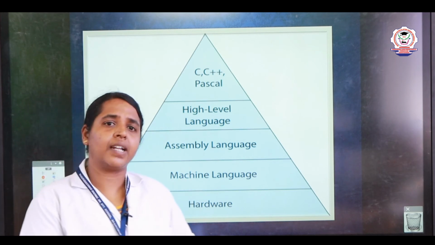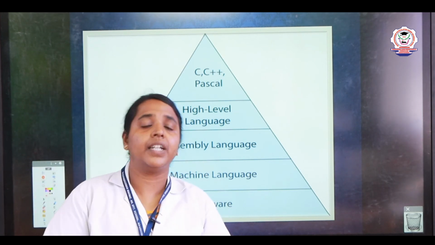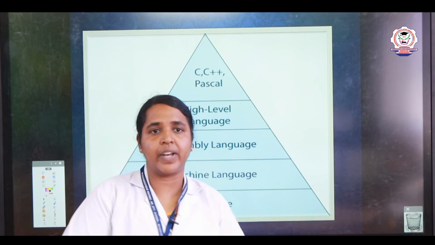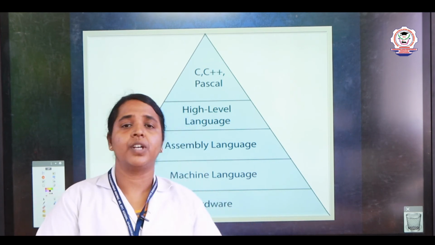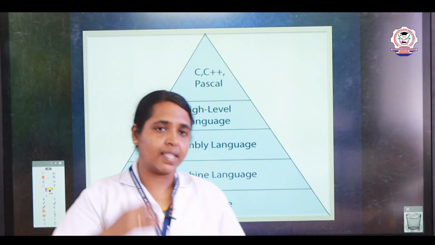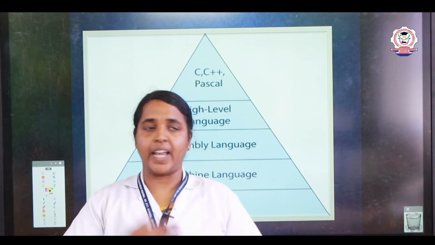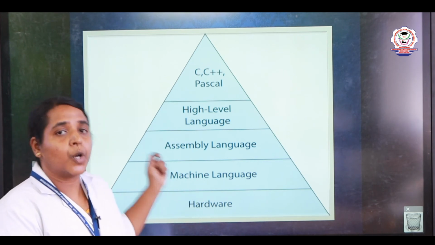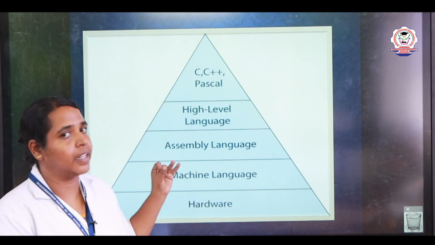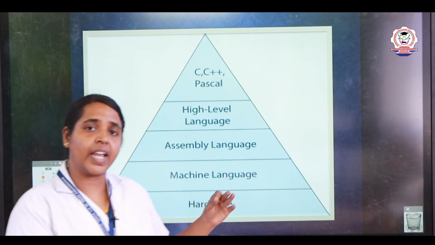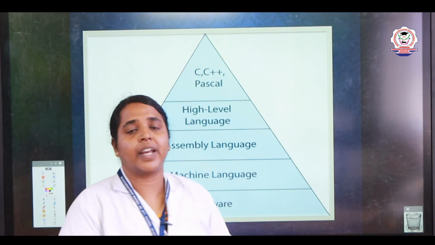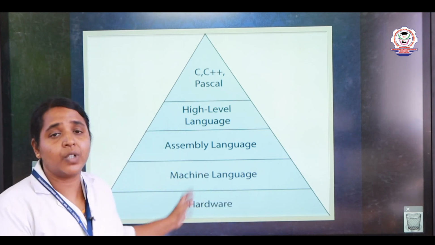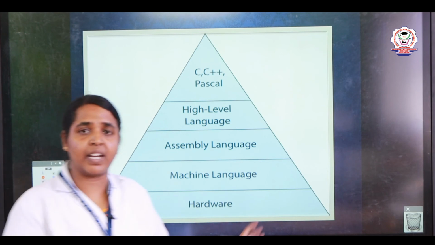So today we started our discussion on the interpreter and low level languages. We already discussed low level languages in machine level language. Today we discussed assembly level languages and high level languages. In high level language we discussed the processors, that is the compiler and interpreter, and how we write programs using high level language. So that's all about our second unit in programming languages.